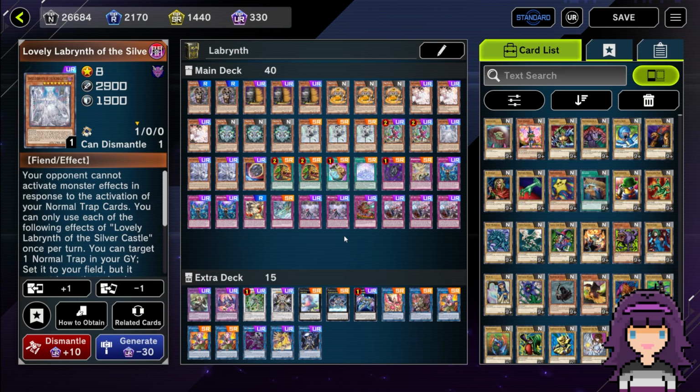So we're finally coming back to Labrynth for this season. This is one of the decks that I usually tend to save for later, just because it's one of the decks that I usually tend to play once I get to like Master 5, because I would say this and Branded Despia are probably two of the meta decks that I am personally least confident in how well I can play them. Just because I don't play the decks very often, and the lines tend to be very open-ended a